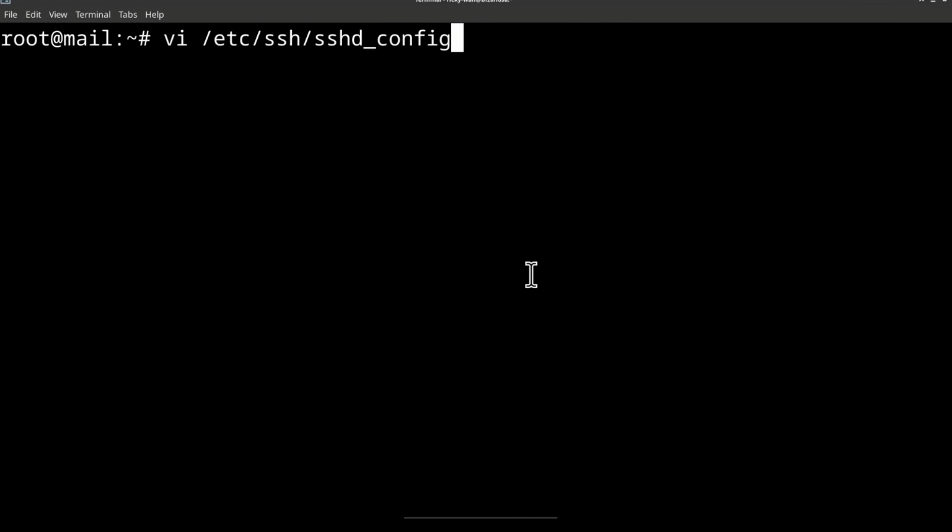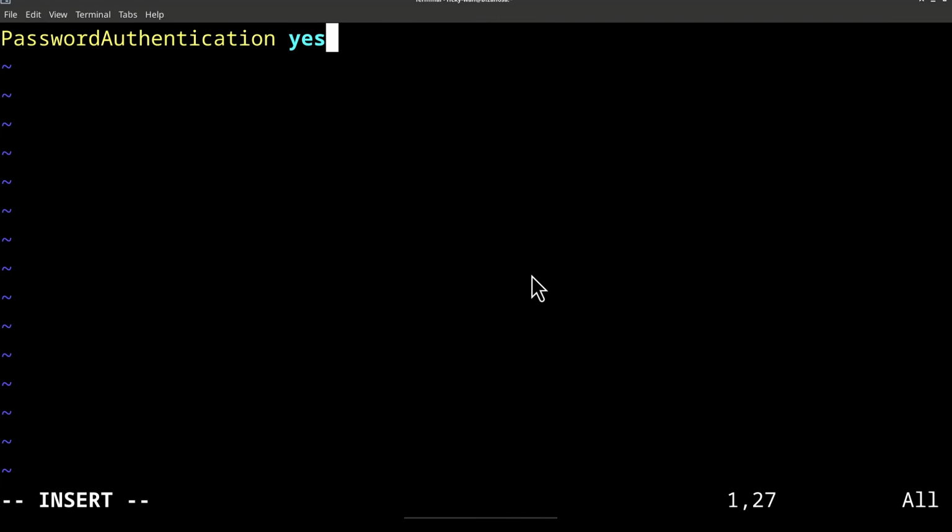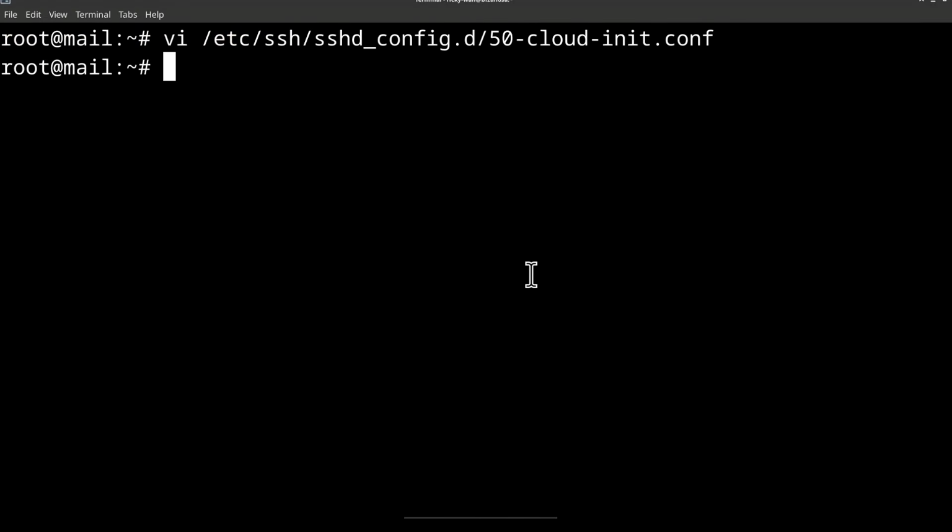SSHD, tab to autocomplete, and this is a file. If I open this file, password authentication is yes. I want to make it no. Shift ZZ to save on Vim. At some point, I'm going to restart the server, so I don't really need to restart SSH.